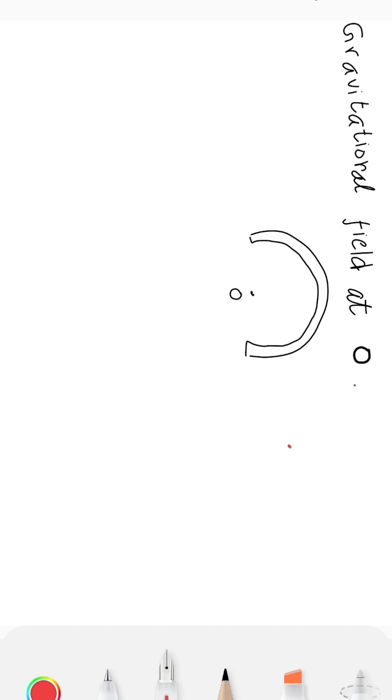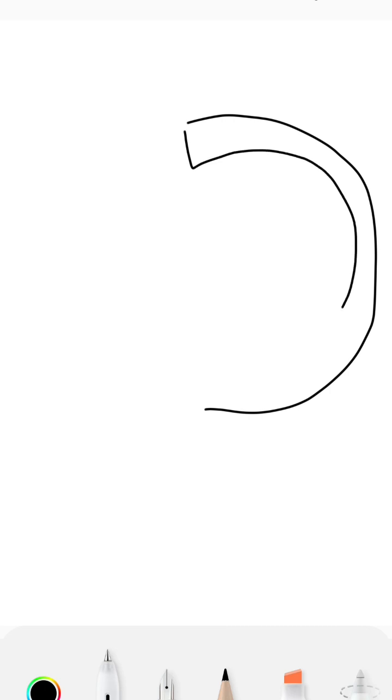This is a ring. Okay, so the question is first of all incomplete because we're not given the mass and length of the ring. So let's assume the mass and length to be m and l respectively. So what is the approach for this question? The basic approach for this question is taking a small element and finding out.